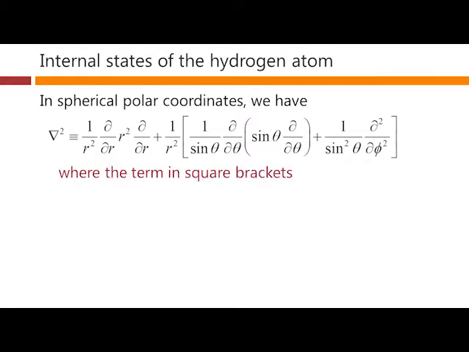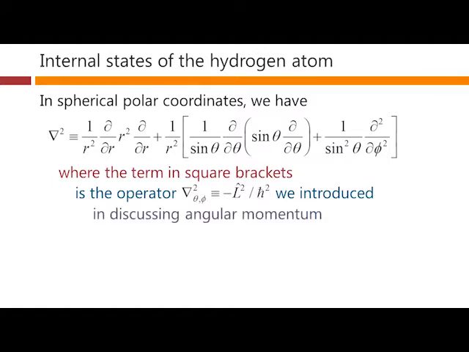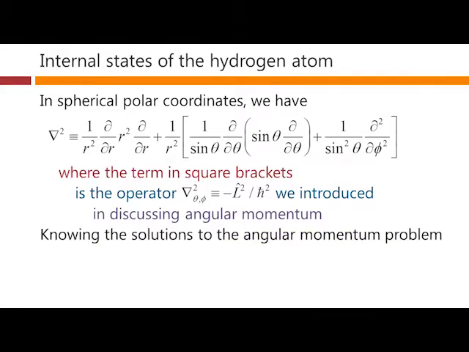The term in square brackets, though, is one that we've already seen, and that's this operator that previously we called del squared theta and phi, and it's really just the L squared operator with this minus sign and the h bar squared on the bottom. And we introduced that in discussing angular momentum. Knowing the solutions to that problem, which we worked out, they were the spherical harmonics, for example,